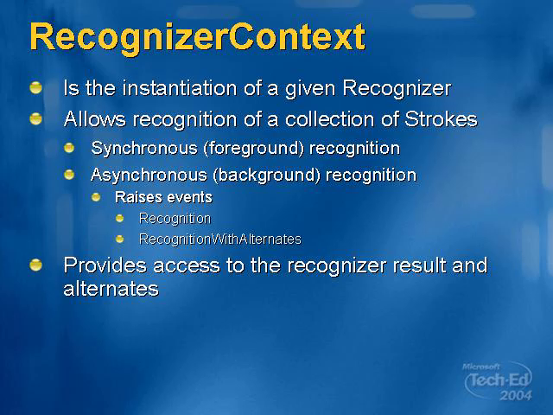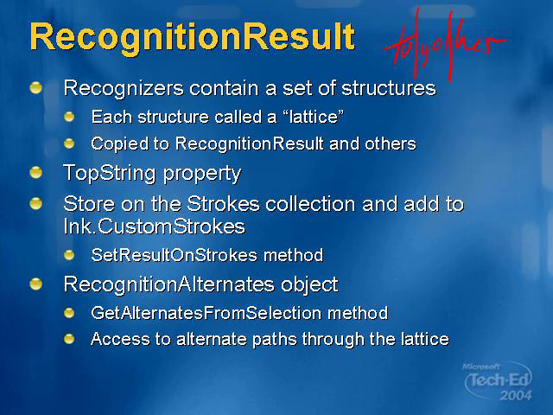If you're doing background recognition, you get the results back when these events are fired. You can get a recognition event, or you can get a recognition with alternates event. And I'll talk about the reco with alternates event in just a second. Right now, in fact. So the recognition result, obviously, with handwriting recognition, the results are not a clean, definite set of